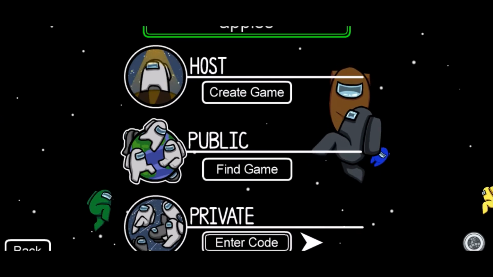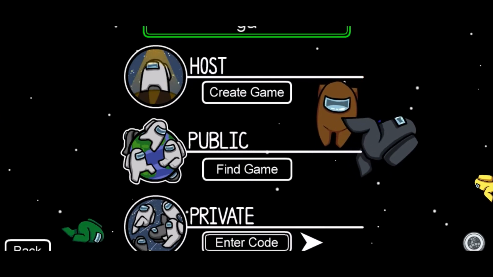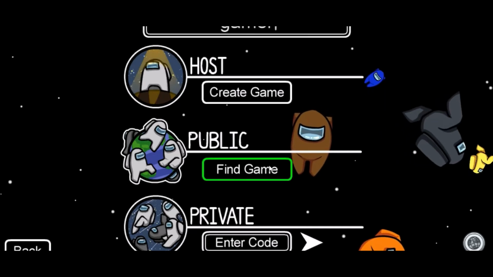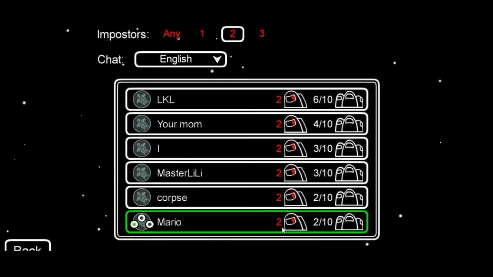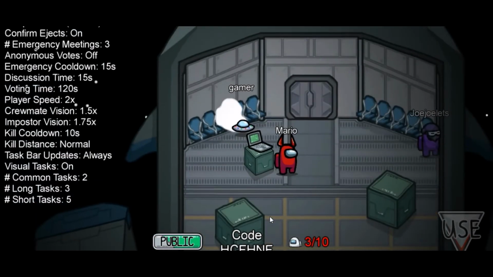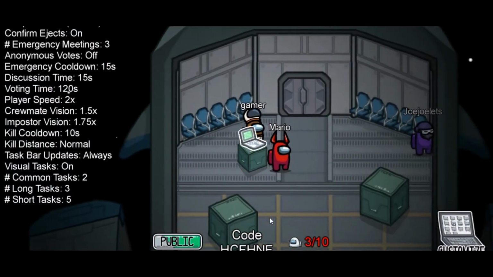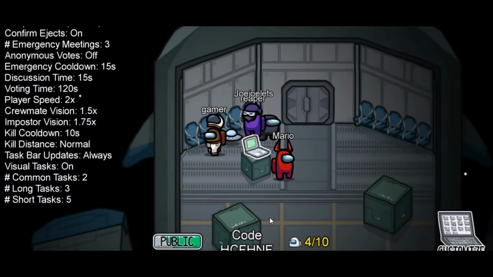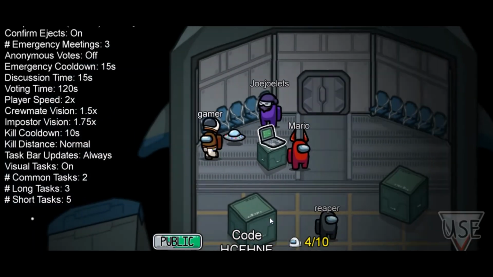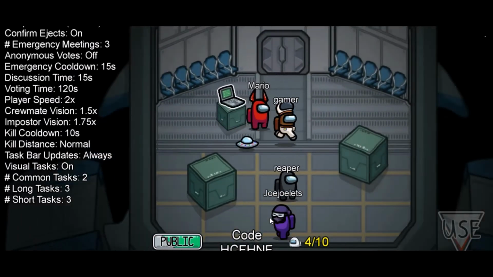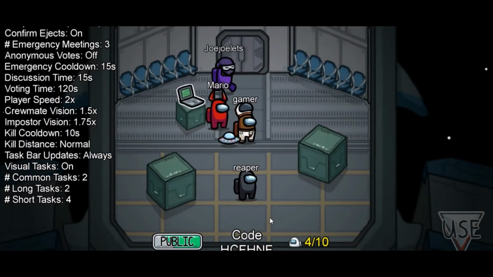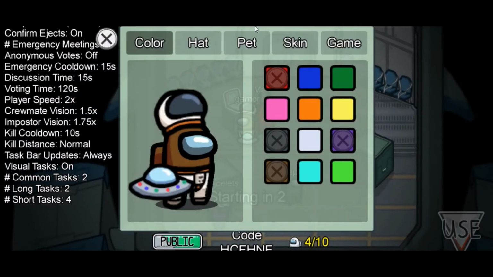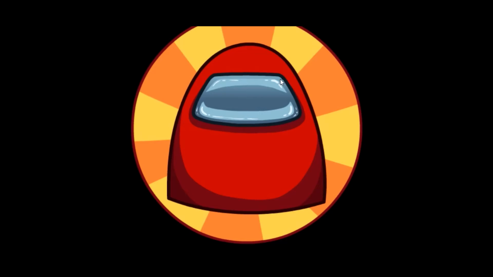As you can see, we will just change our username. It's the username from last time I played, and as you can see, we can join a game. All skins are here, and if you have a username from the last version, you will wear the costume. So when you download the new version, it will be there, and as you can see, all pets are here, all skins.